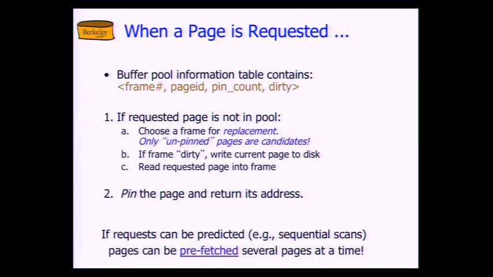All right, when a page is requested, what happens? The higher level code, which might be a B-tree package or a file scan iterator, is going to request a particular page. The buffer pool is going to have this lookup table on the side that associates frame numbers, which are the offsets in this memory array that is the buffer pool, with disk page IDs. So as we saw,